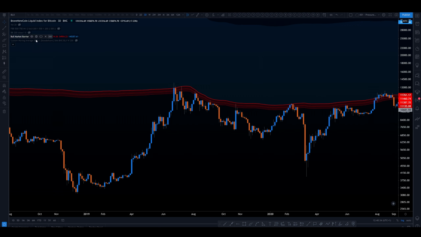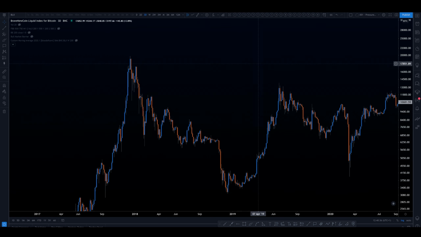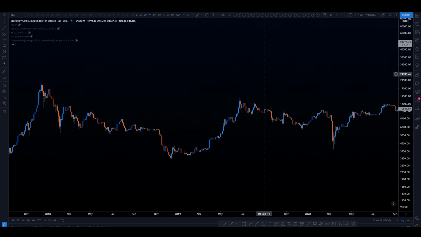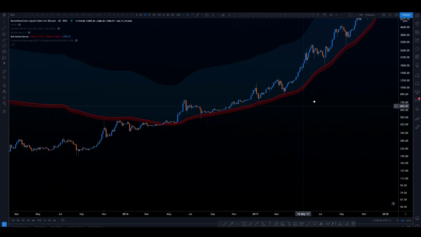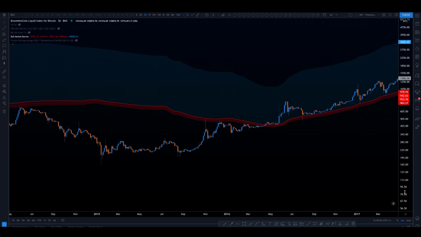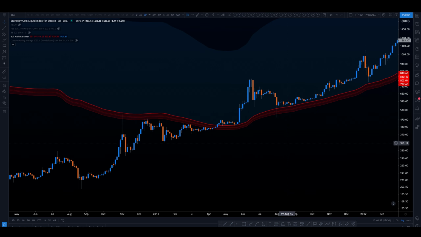Okay, so this was the third reason why this is important. I can show you another example, which is very interesting. I need the bull market barrier. So let's look at this situation in